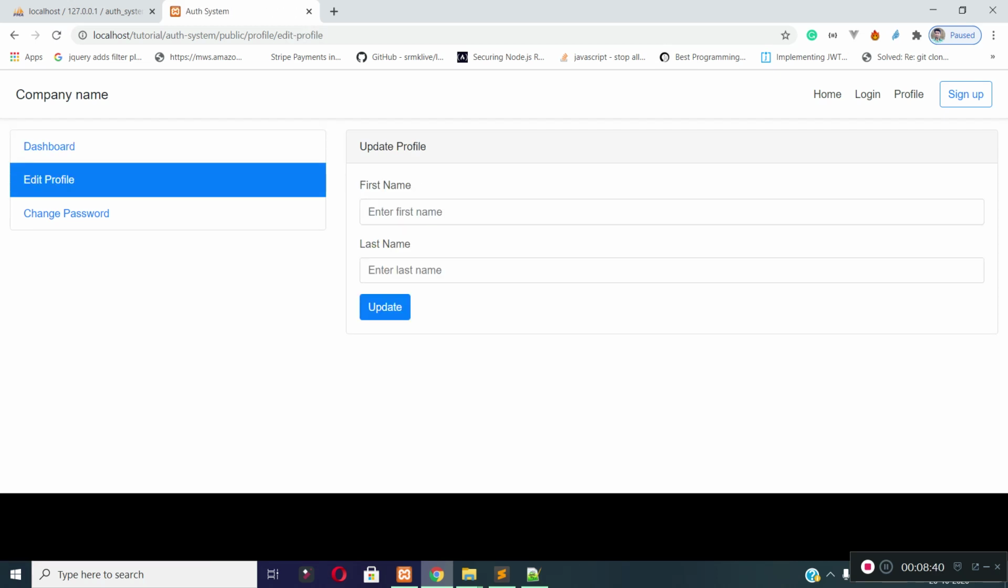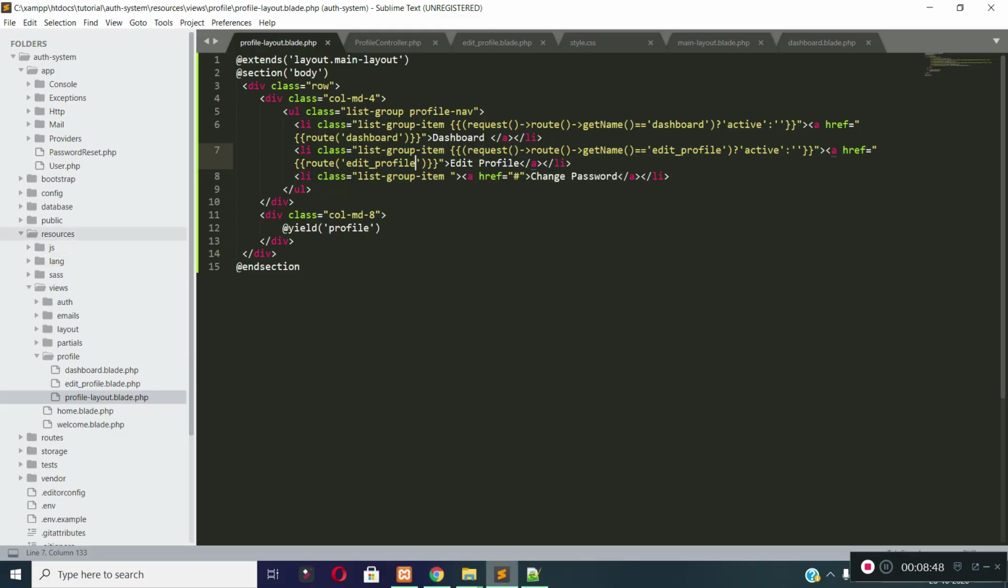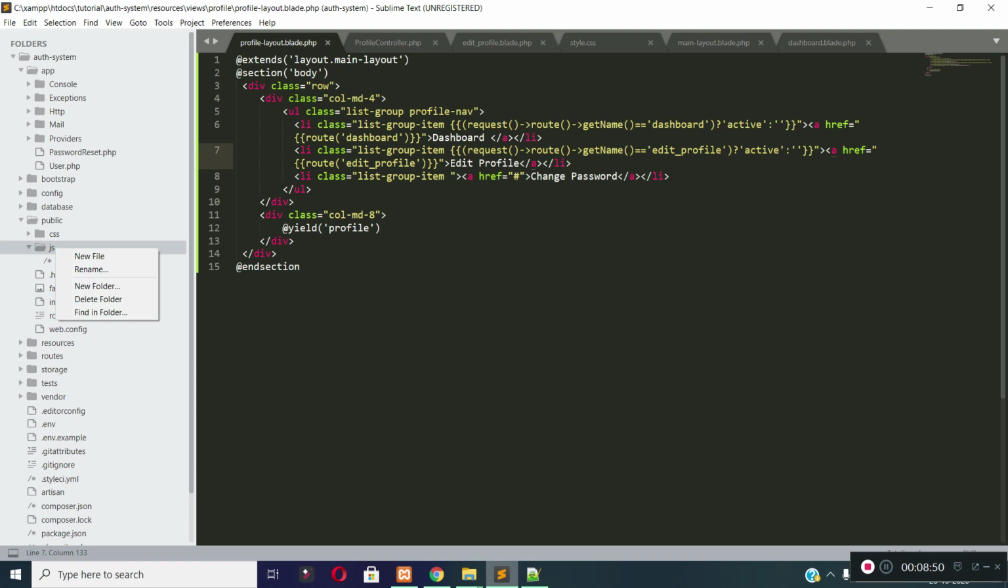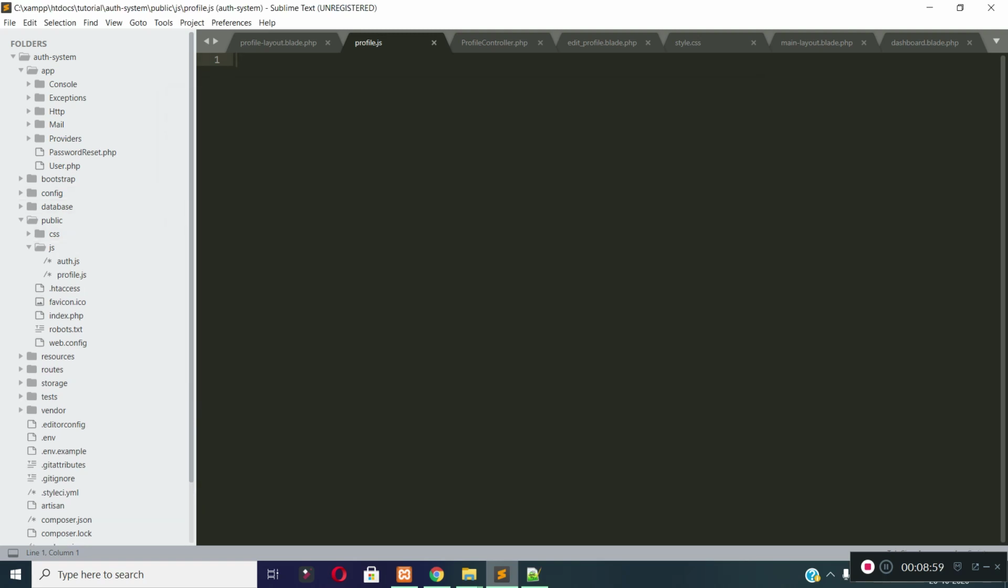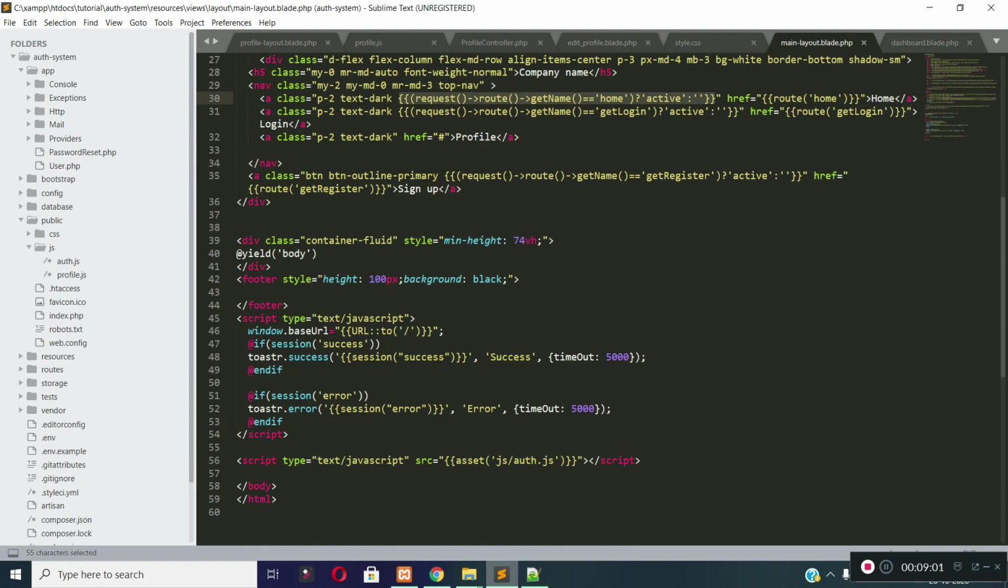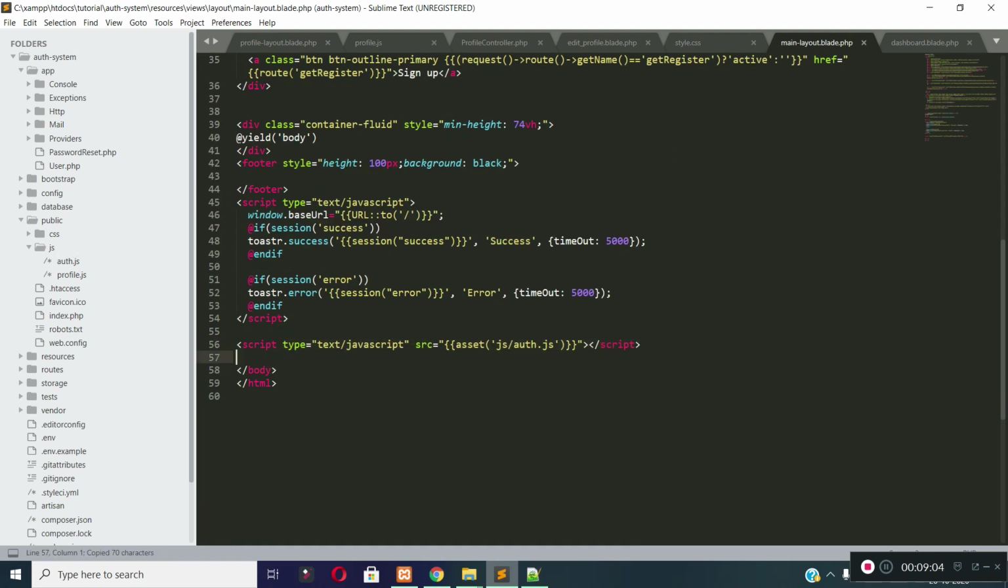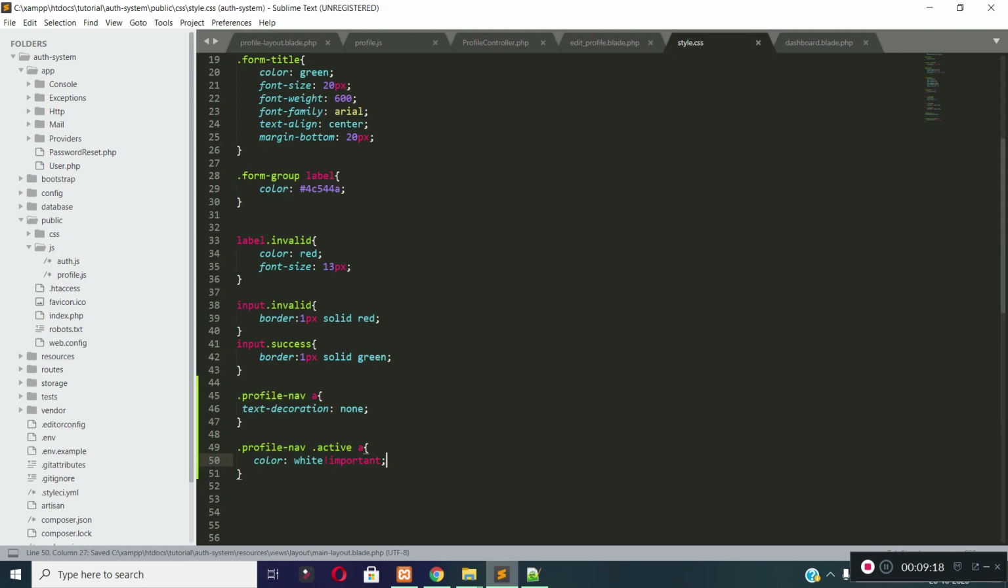Now let's add validation rules for this edit profile form. I will add client side and server side validation rules. First of all, let's create a JS file under public JS folder. Let's create profile.js file and then let's include the JS file inside our main layout. This is how we added our auth.js file. Similarly, I will add our profile.js file inside our main layout file. And then